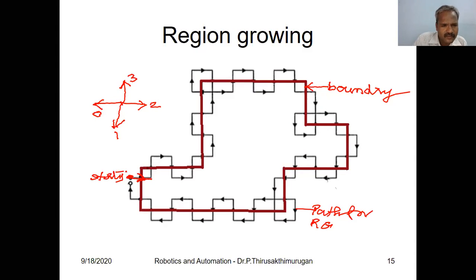Then up means 3. So 2, 3, 2, 1, 2, then 3, 2, 3, left side 0. Then going up 3, 2, 3. Here we move towards this side 0, then 3, 2, downwards again 1.